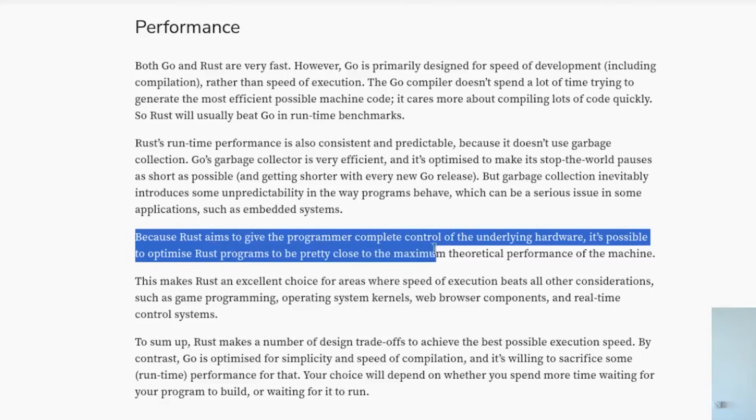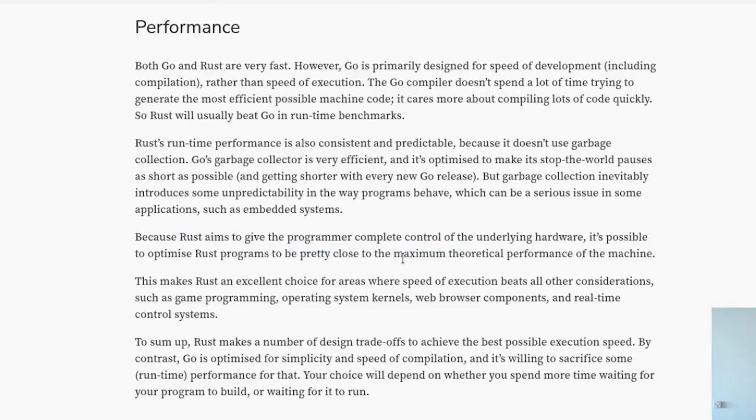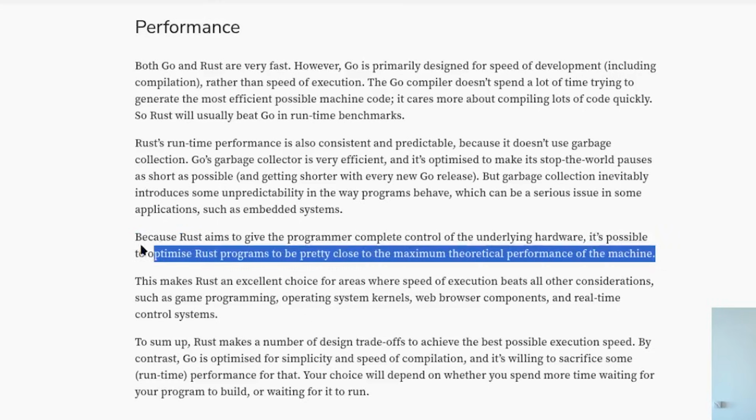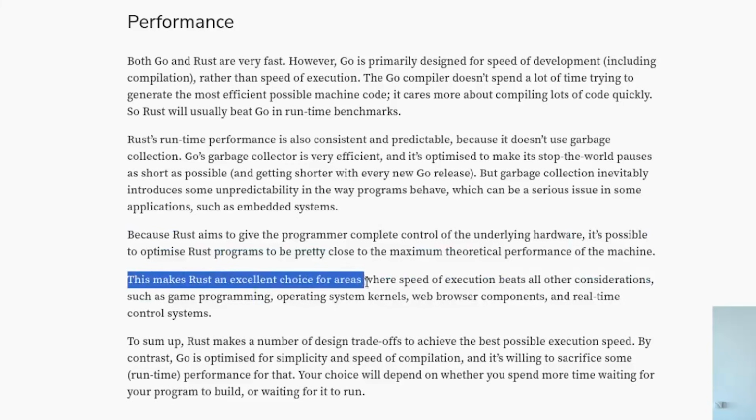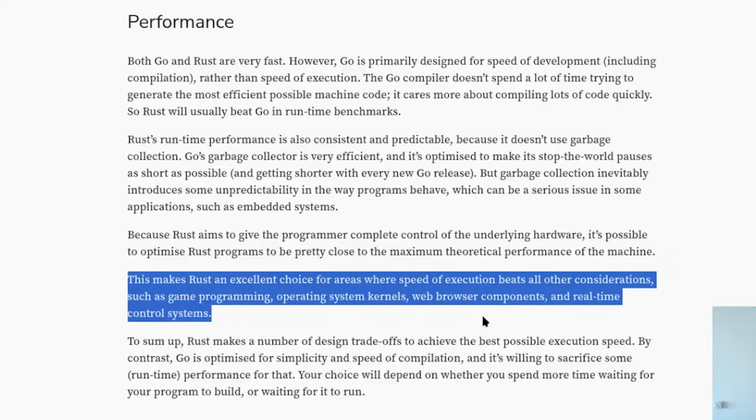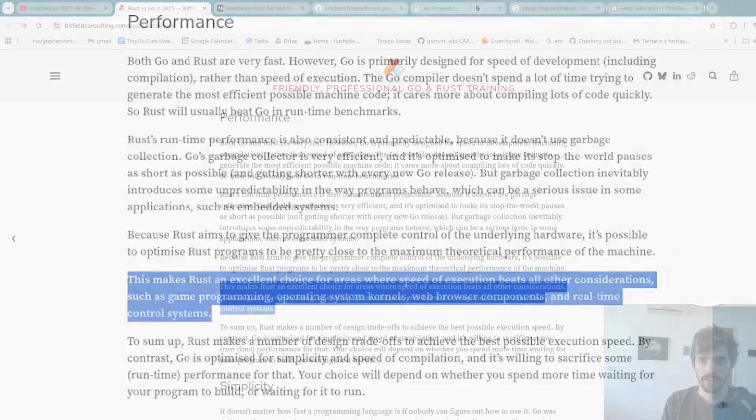Because Rust aims to give the programmer complete control of the underlying hardware, it's possible to optimize Rust programs to be pretty close to the maximum theoretical performance on the machine. Again, maximum theoretical performance. Zig seems to be approaching that much better than Rust is. This makes Rust an excellent choice for areas where speed of execution beats all other